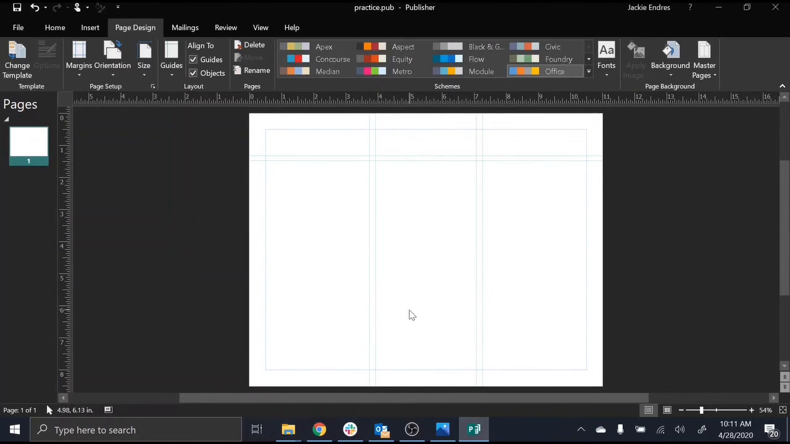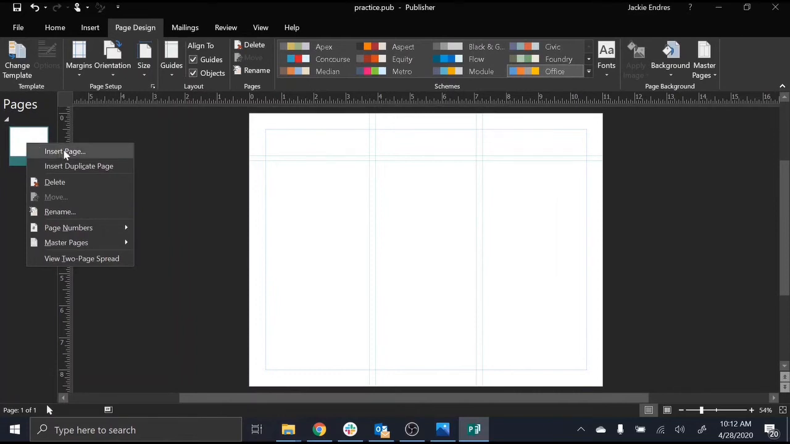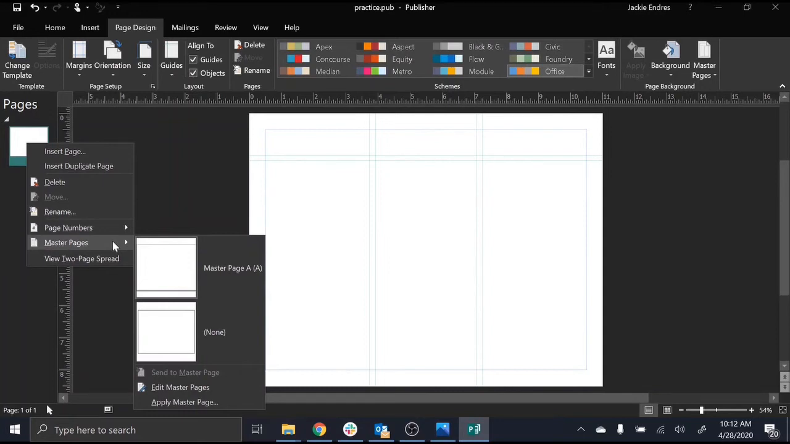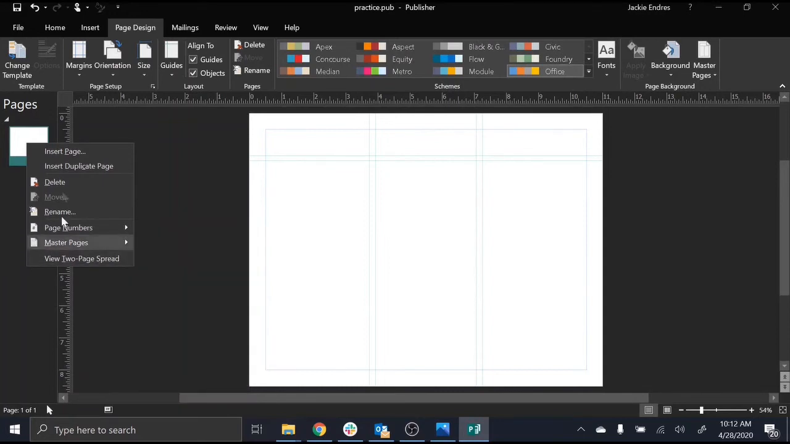Okay, now because we're doing a brochure, we know that we're going to need an inside and an outside of our brochure. You can't not have one or the other. So we know that we're going to technically need a front and a back. That's 2 pages. So over here on our pages, we're going to come back over and we're going to right click on page 1. This is going to open up a menu for us that gives us a couple more options. So we're going to insert page, insert duplicate page, we can delete pages, we can rename pages, we can do page numbers, master pages, we can view a 2-page spread. We're going to duplicate our current page. So if I click on that one,